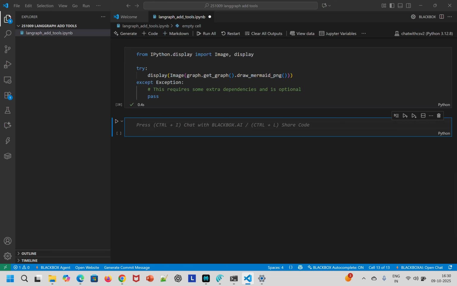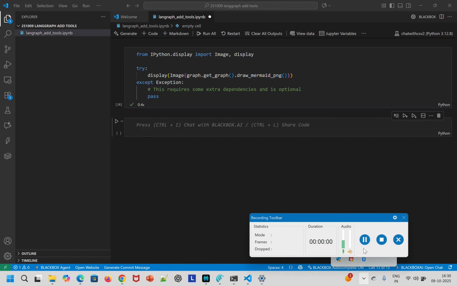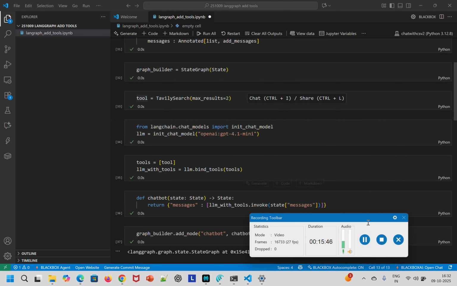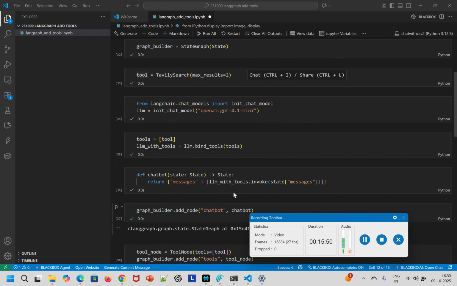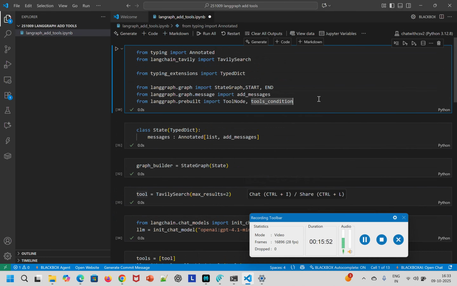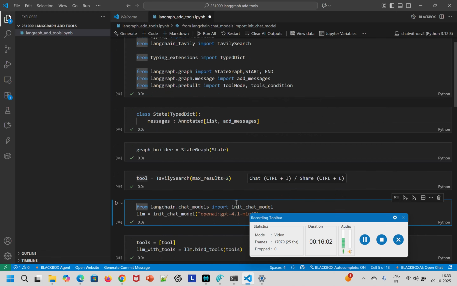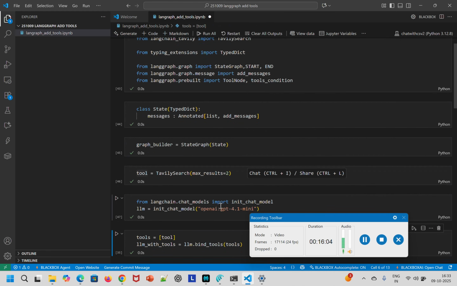So what mistake did we do? Let me pause for a moment. Okay, so I rearranged a few things and I am rerunning it. I think it should work. So we define the state class, we instantiate the state graph, we define the tool node, the Tableau tool, we